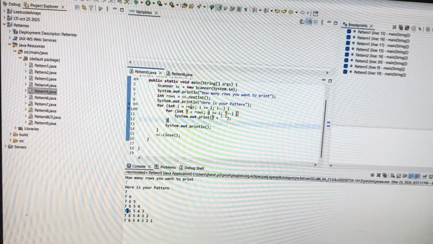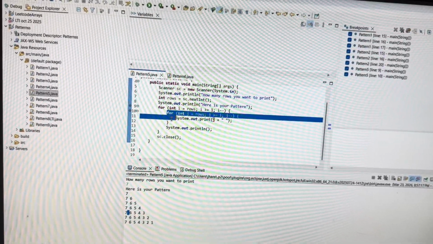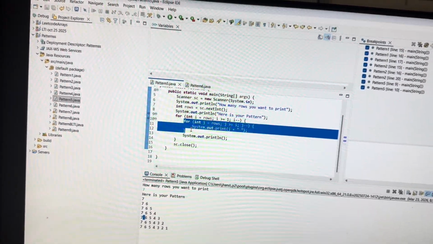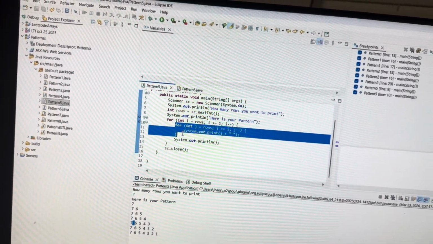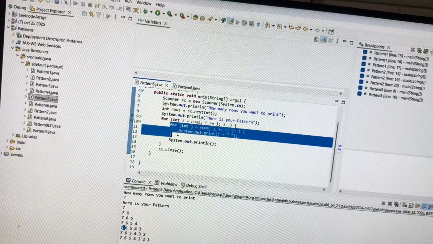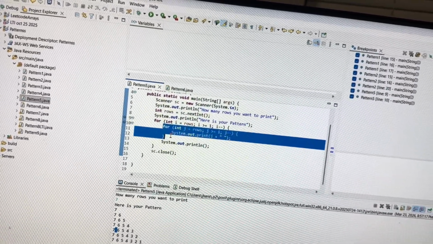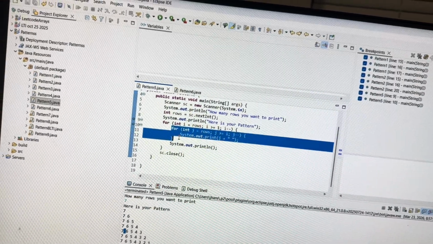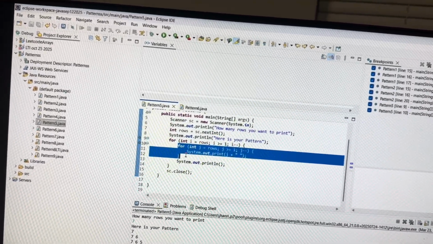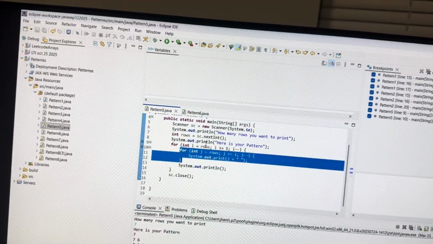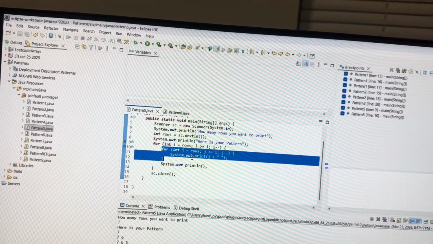So like this, for i equal to 1, the inner loop should repeat i times, and it should print one element. Means for i equal to 1, the inner loop should repeat one time, and it should print one element. For i equal to 2, inner loop